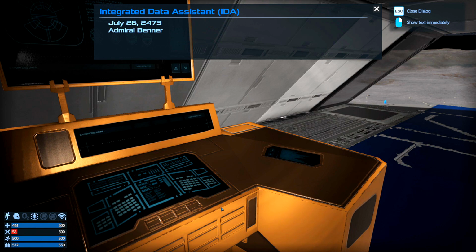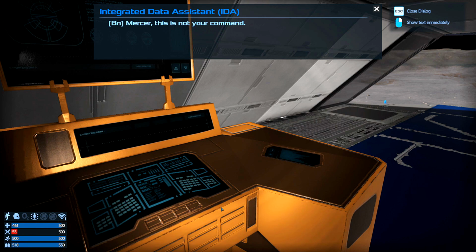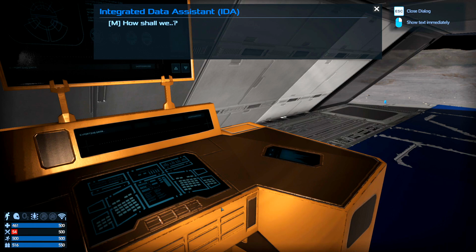July 26, 2473, Admiral Benner, Commander Mercer. Sir, we can't wait any longer. The unknown enemy is amassing more and more ships. We already lost 2 transporters and the Titan. We will not stand a chance. Please get to the shuttle. Mercer, this is not your command. Get out of here if you want, and take Yaden with you. We have still to investigate the anomaly we found when entering that system. I will report to Admiral Perez on the ground. How shall we...